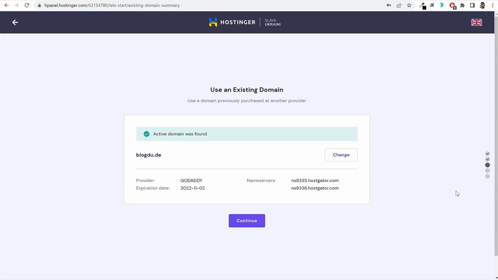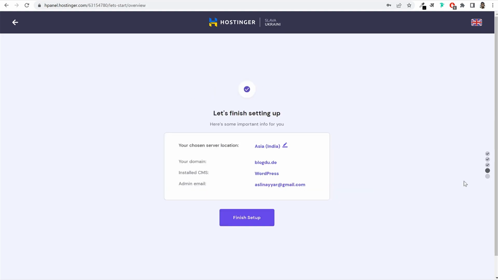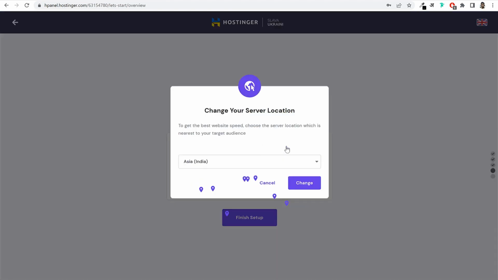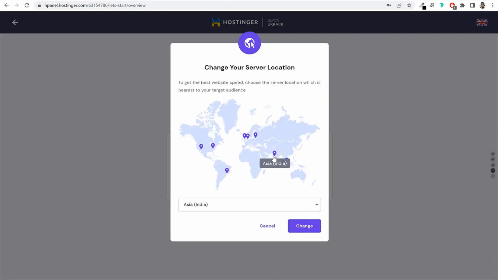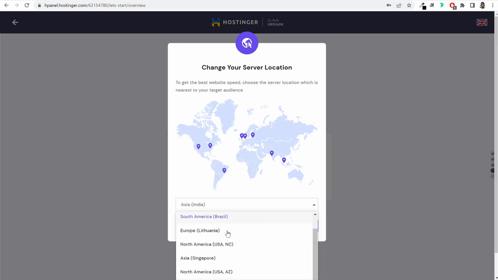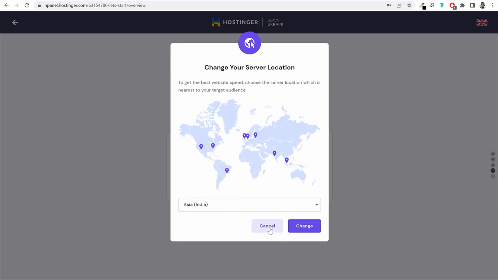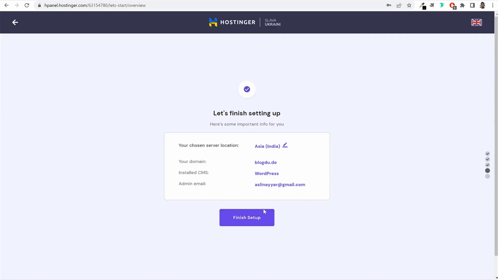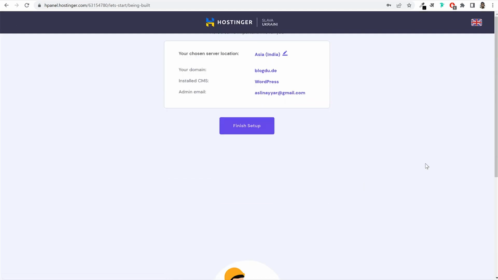Then in the next step, this will tell you where this domain name is hosted. So in this case GoDaddy, and this will also tell you your name servers. You don't have to do anything over here. Again, just click on this continue button. Then in the final step, this will show you your current data center location. If you want, you can change that. Because I'm from India, for me Asia data center location is selected. If you want, you can select some other server location in Europe, in USA, whatever you want. And once you do that, you can just click on this finish setup button,